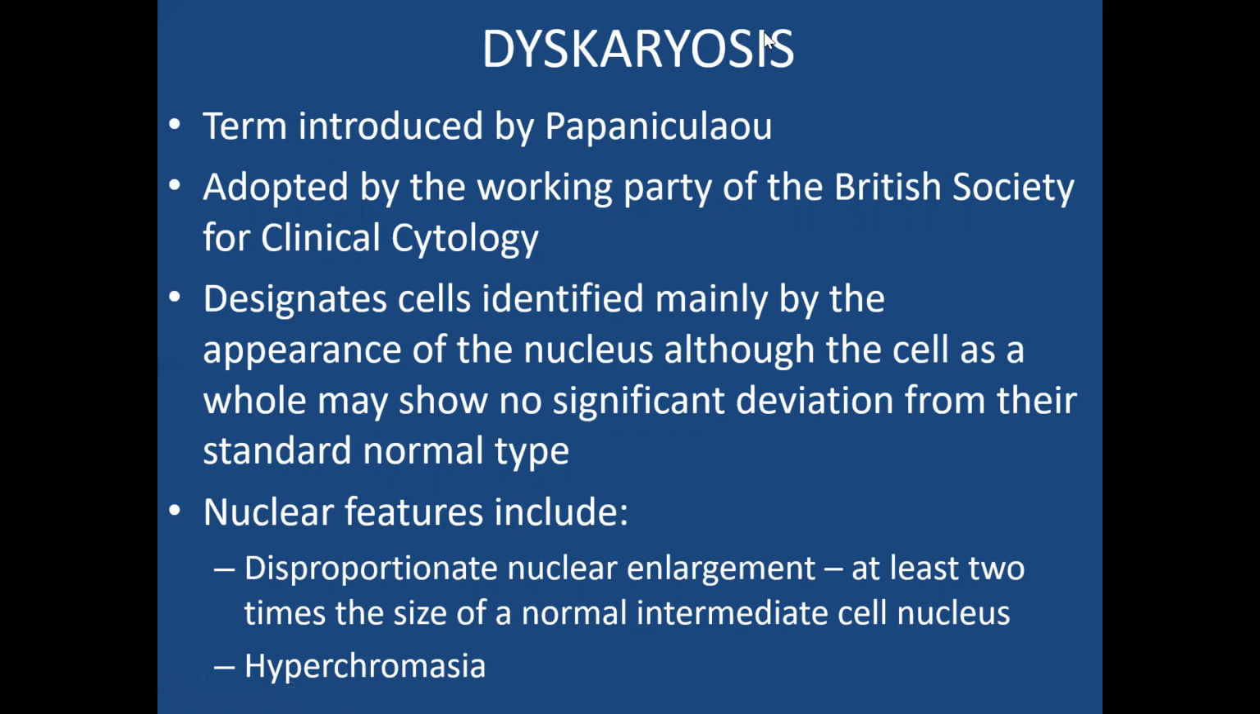So the British people adopted this dyskaryosis term, and this designates cells identified mainly by the appearance of the nucleus, although the cell as a whole may show no significant deviation from the standard normal. So a cell with an abnormal nucleus is what we call a dyskaryotic cell. And dyskaryosis means what? Abnormal nucleus. Now, what constitutes an abnormal nucleus? An abnormal nucleus is one that is what? Disproportionately